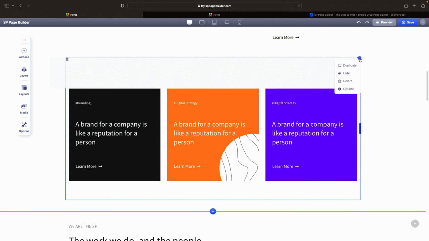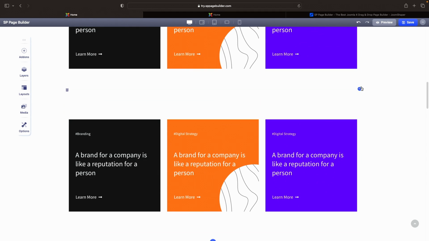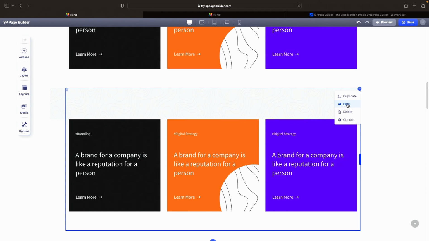So you click on this, you can duplicate. If I click duplicate, it's going to duplicate this entire section, and I can click to hide. I can choose to show one section for the mobile phone and the other section to show for the laptop, or I can just choose to delete it altogether. So I'm just going to click here, just to delete it,